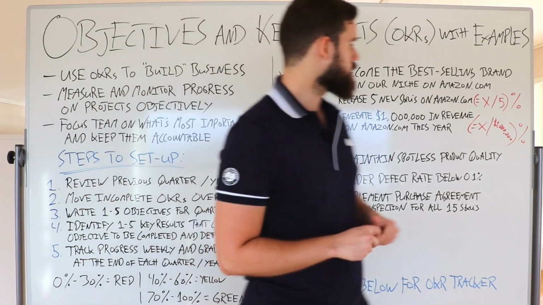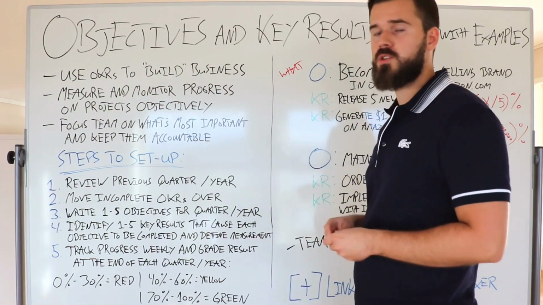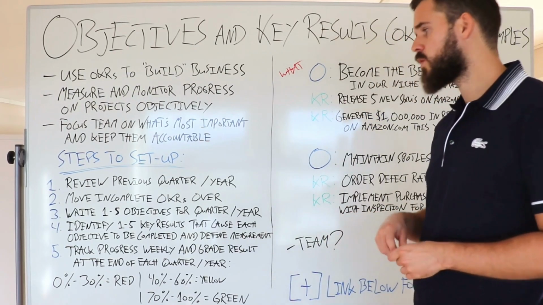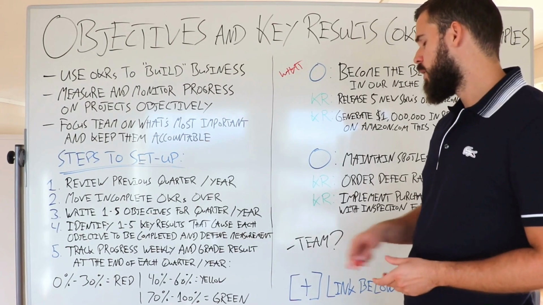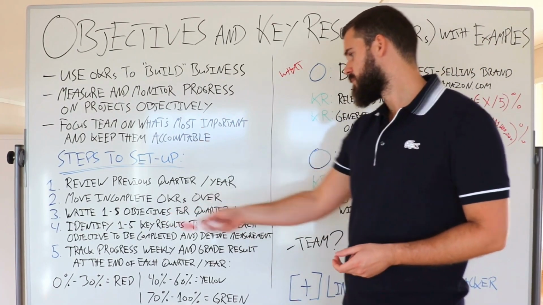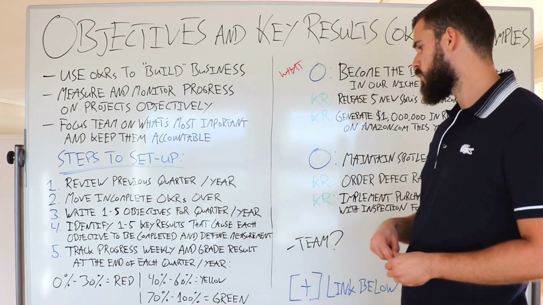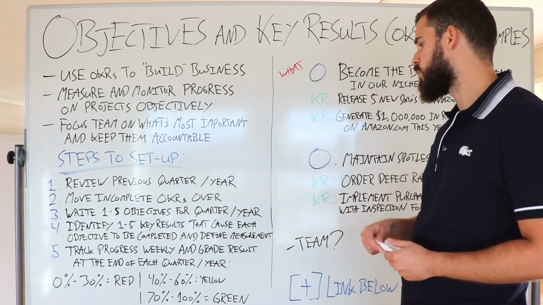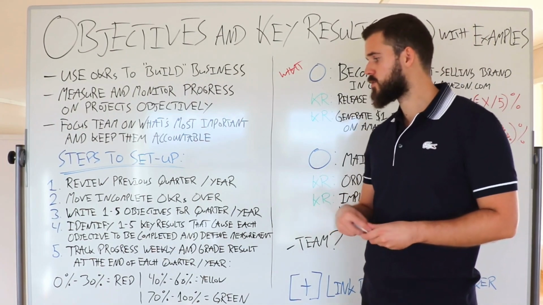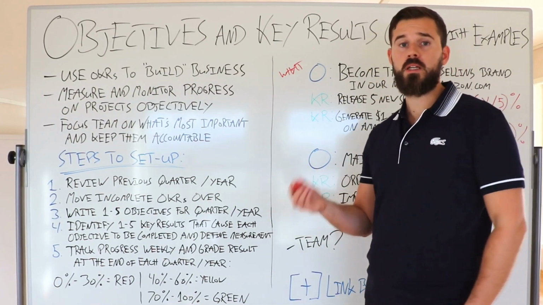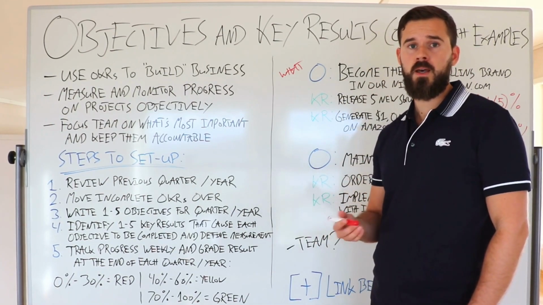So we'll go through the second example later. Let's go through the first one here first, so I can really give you a clear explanation. Now 5 is just to track progress weekly and grade the result at the end of each quarter/year. What I like to do is track the progress on a weekly basis, because on a weekly basis,